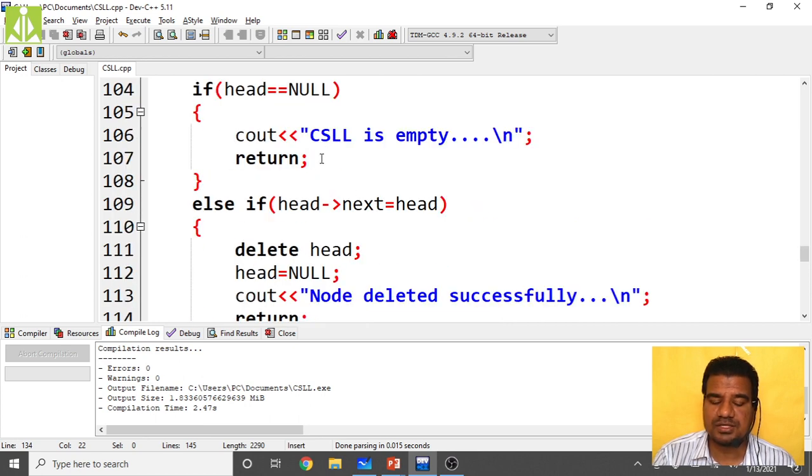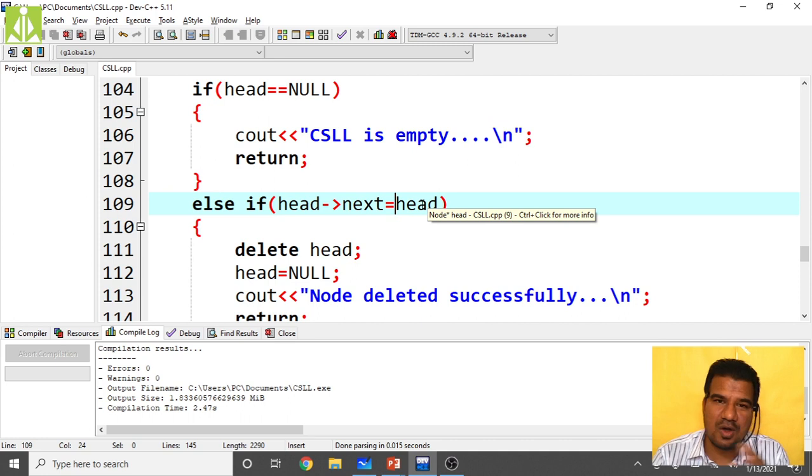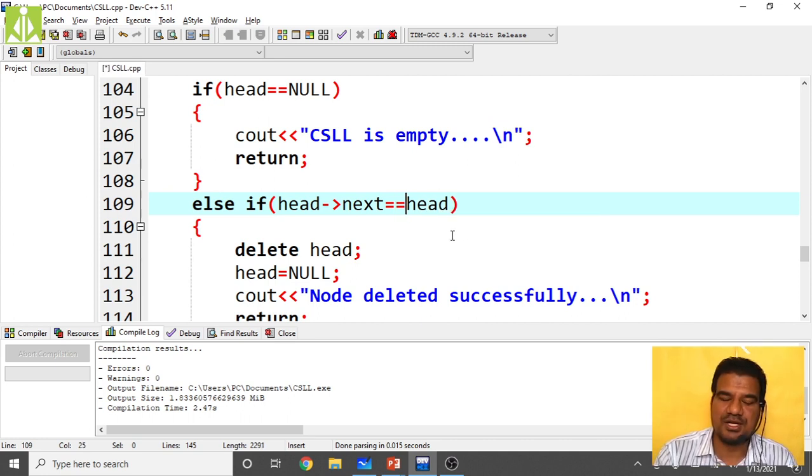Okay, head of next, head of next not equals to head. If there is only one node, this condition indicates it should, yeah, here we have to do the comparison, not the initialization. See, I made a mistake over here. Instead of typing double equals to, I typed only a single equals to. Then what will happen? Your head of next will become head, isn't it? So all the nodes it is deleting automatically. So here it should be comparison, not the assignment. Okay, hope you understood that difference.